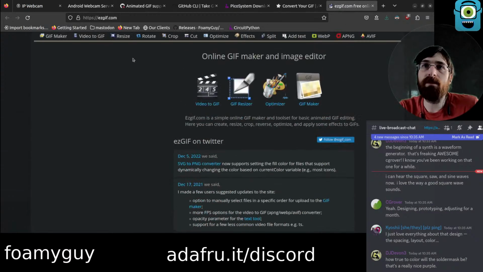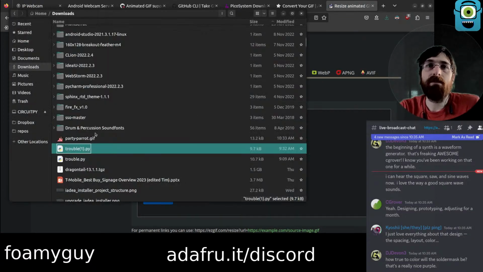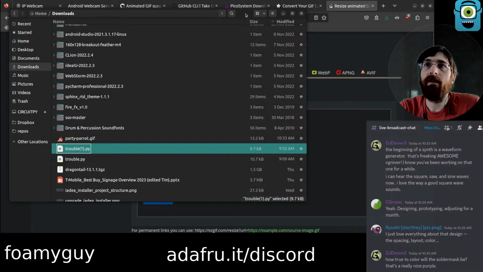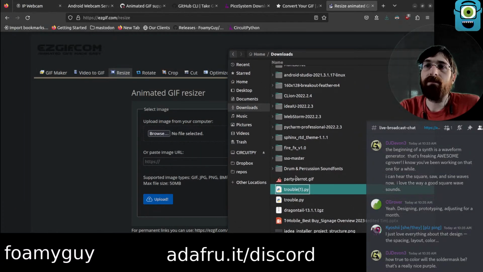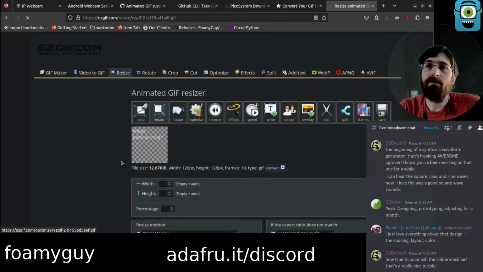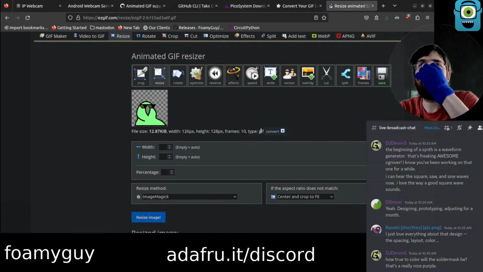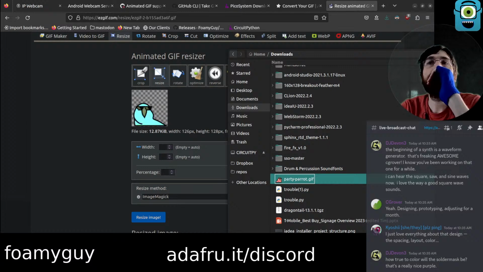Let's see, I think resize is what we would want. It's only 126. Wait, really?